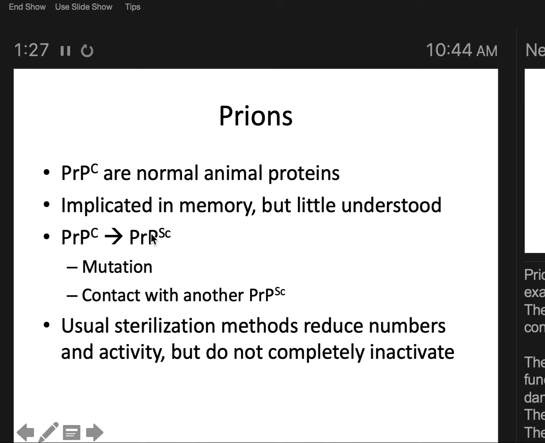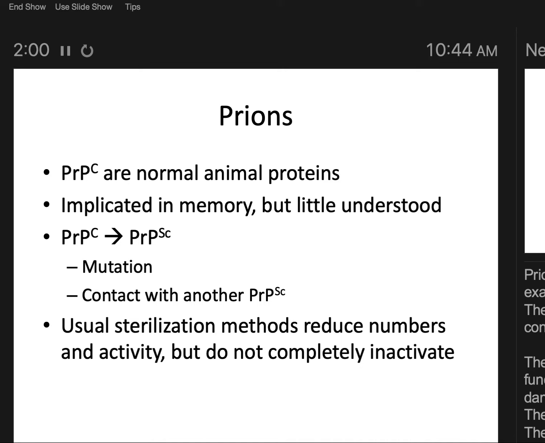Okay. And that can happen because of a mutation, but that's exceedingly rare. I mean, you know that mutations are pretty rare as it is, but having this specific exact mutation almost never happens, right? That's very, very rare. So spontaneously developing a mutation that changes prion proteins into prions is exceedingly rare. Almost never happens. Much more often you get a prion disease by contact with another prion disease.